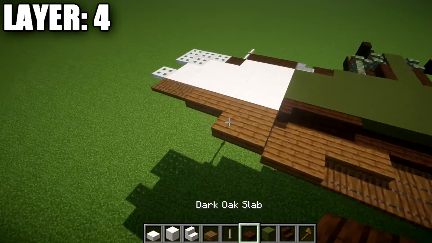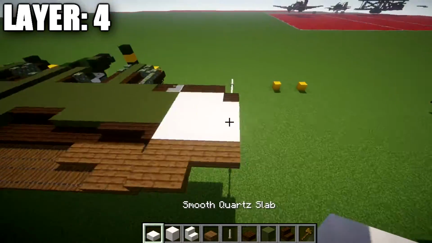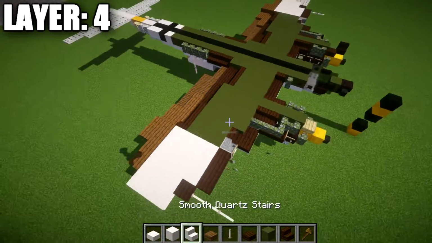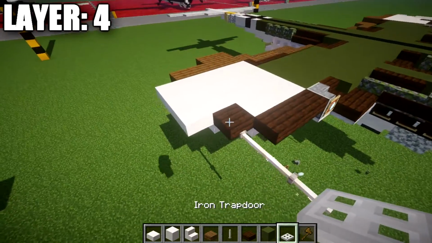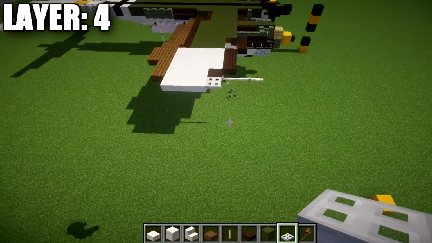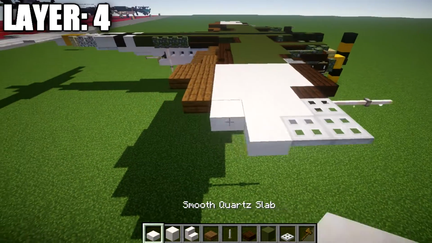Once that's done there, we're going to go ahead and take our smooth quartz slabs. We're going to place down a row of 3 smooth quartz top slabs like that across. Coming off of the dark oak slab here, we're going to place down an iron trapdoor like so. Our next row here, we're going to place down 2 iron trapdoors, so 1, 2, then 2 quartz slabs, and